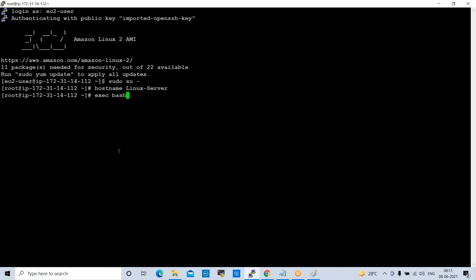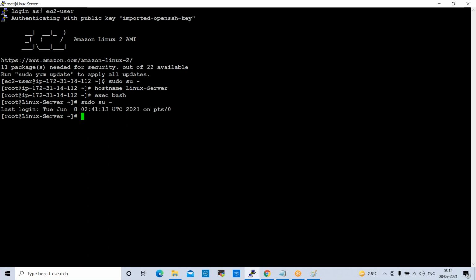If you give this command, the name will be changed. See here, Linux server. Right? And also here, if you want to change the name, instead of the IP address, you can change the name. Sudo su hyphen. Yeah, see here. Here also it is changed.